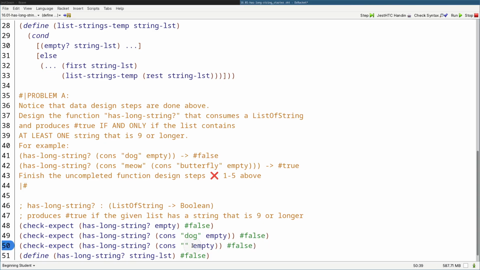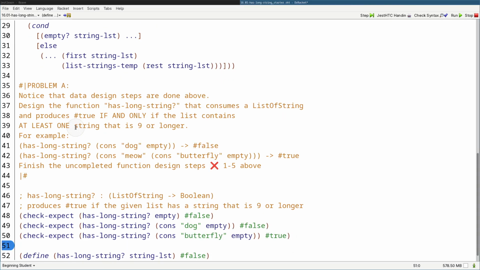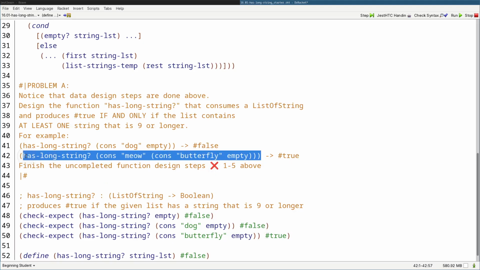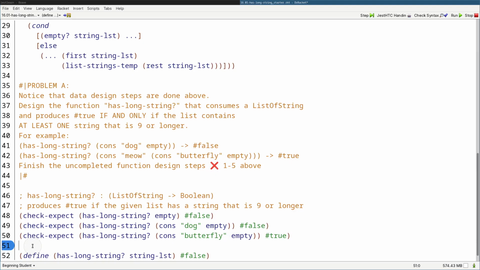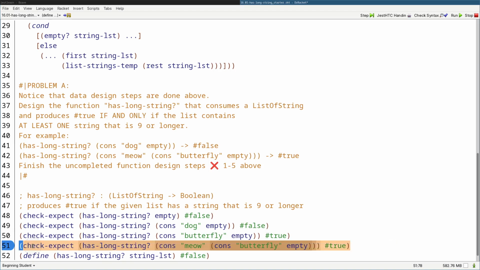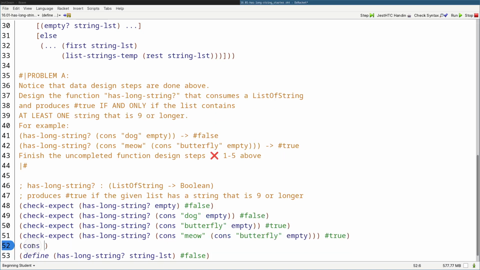Right, butterfly, and this would be true, right? Because there is one string that is 9 or more, and of course we can copy and paste this test up here. They gave us expect has-long-string this. Oh, whoops! I'll just paste that there. All right, so this also produces true. All right, and let's do one that's